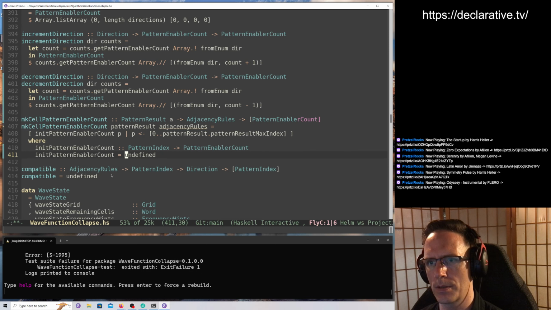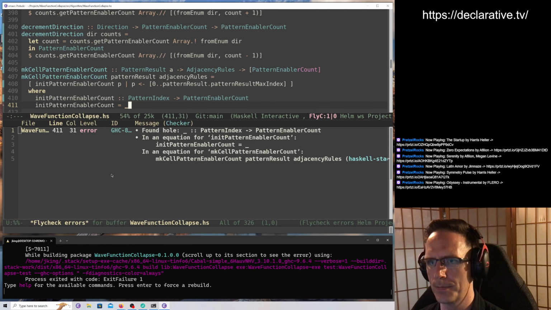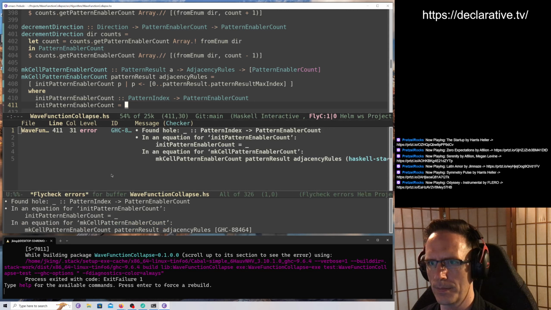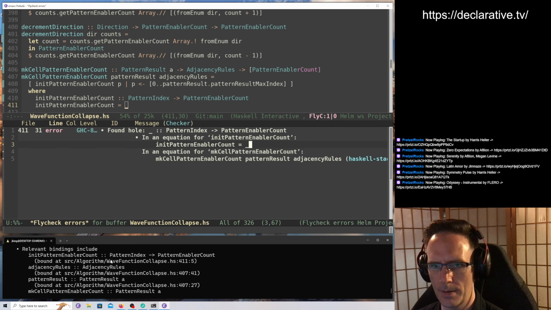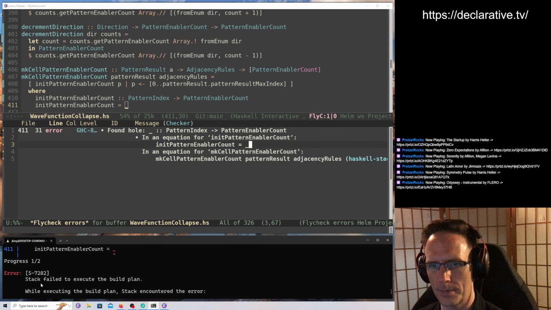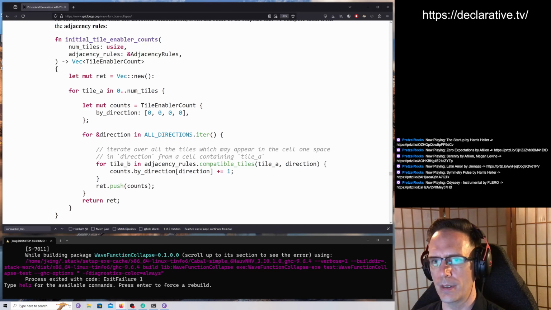The body of the square clause. Put a hole there. Not telling me what's the scope. But it is down here. So the adjacency rules is in scope for that hole. Okay, so what we want to do there is essentially,